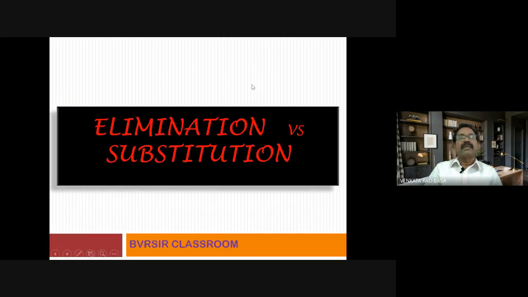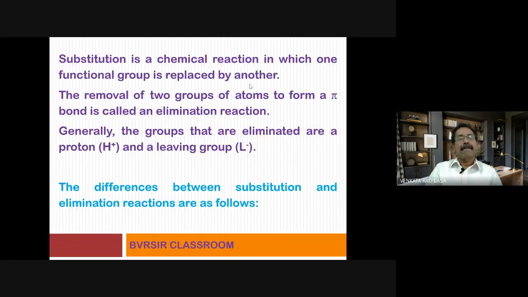Now, after completing the solvent effect on nucleophilic substitution reactions, we will consider when an elimination reaction is favored and when a substitution reaction is favored. What are the favorable conditions, etc.? This will also be very interesting. Before going into the details, I already explained in part 1 the meaning of substitution reaction and the meaning of elimination reaction. I also gave some examples. If you feel any difficulty, go back and verify those things.